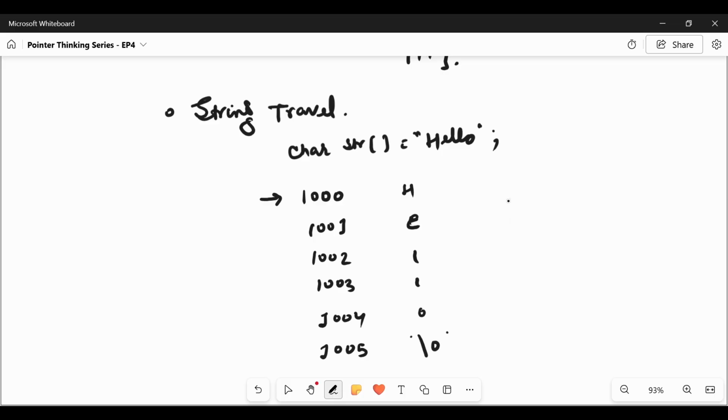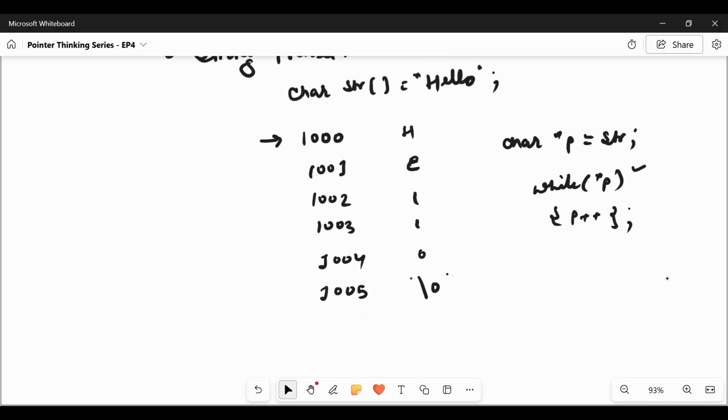So traversal simply becomes: we take a character pointer P where the address of the string is stored, and move until we have a value in the pointer. Until null is reached, keep on incrementing the pointer. This is how we traverse the entire string, checking pointer P for the null value and moving to the next address. This is pure pointer arithmetic, which is used in real embedded programming or real kernel programming.